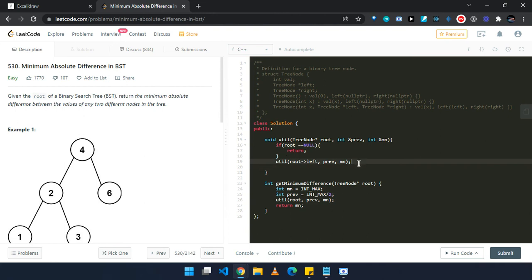Once it has completed its left hand traversal, it will come back to its node, the current node, and in the current node we need to compute the minimum difference. Minimum difference will be the minimum of the current value and the absolute difference of the value stored in previous and root's value.